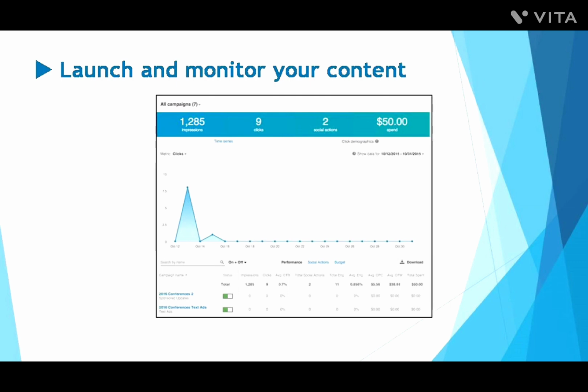Here's a sample of how the dashboard looks. You can track performance metrics, turn campaigns on and off, adjust bids, and make changes to the targeting criteria. You can also track the success of each update and test different formats until you find the one that best